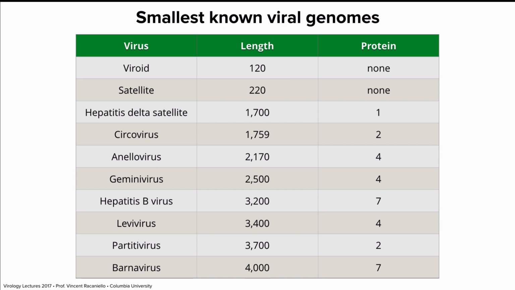So I included it in this course, and we're going to talk about viroids later on. So they don't encode proteins. There are also some larger virus-like particles called satellites, which also don't encode any protein. Satellites are dependent on a helper virus to co-infect the cell and let them replicate. Viroids don't need any helper virus. And again, we'll talk about these near the end of the course. Then we have a human satellite called hepatitis delta, 1,700 bases, encoding one protein.